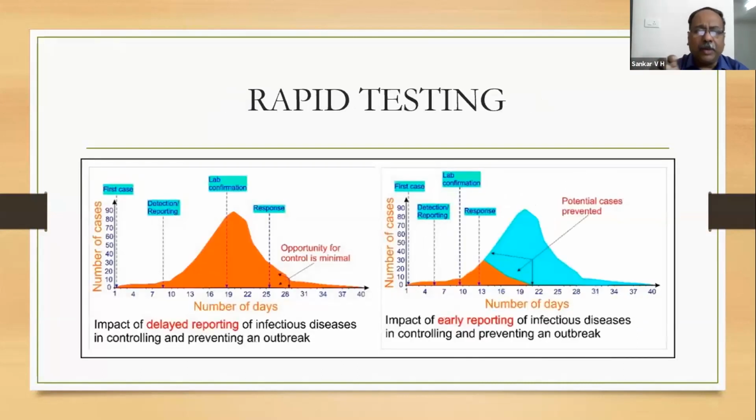Now, finally coming to rapid testing, because I already told you RT PCR is the most recommended and best test now available for coronavirus. But in a state like Maharashtra, where facilities are only available in Bombay and Pune, in a remote setting it will take 3 or 4 days to get the results. Definitely, there is more chance of transmission of infection to other people. If you identify early, diagnose early, and intervene early, naturally the spread can be controlled. So rapid testing is very, very important.